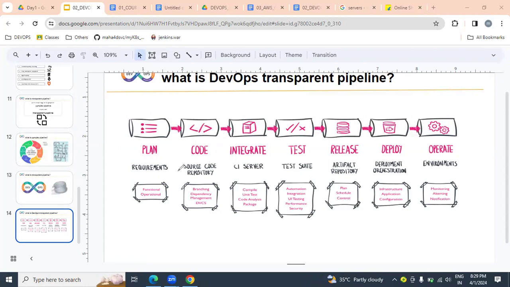Once it is maintained, the n number of developers' lines of code we are going to integrate continuously. Once it is integrated continuously, we can automatically execute the test cases written by testers.